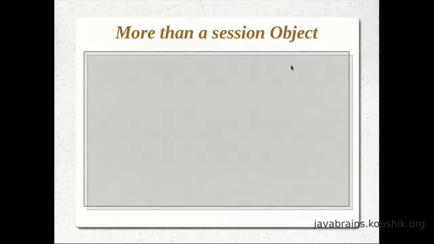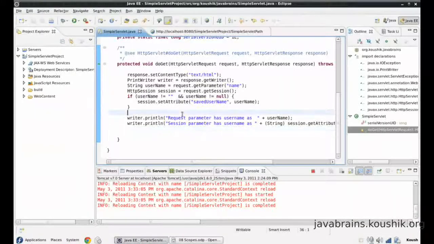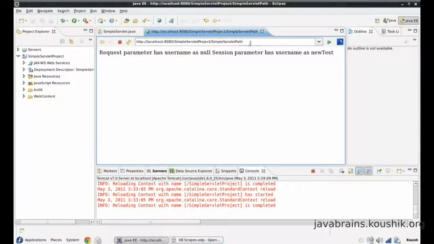But now, what if we want more than this? What if we want an object that can be persisted across different users, or probably even different browsers? Let me show you how that works. Say I have this servlet that I created earlier. Now I have a session which has a value that I've entered here. Let me enter the value again. So I'll say name equals test. Okay, so now I have a session,